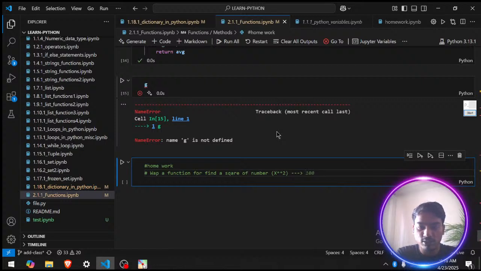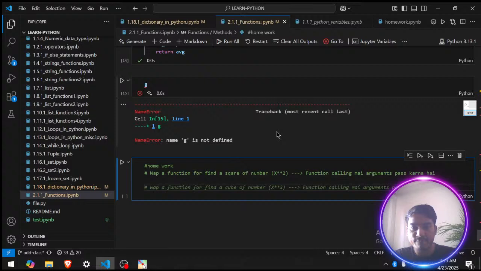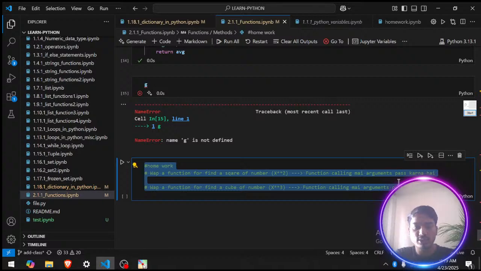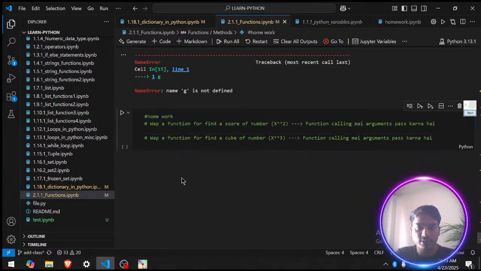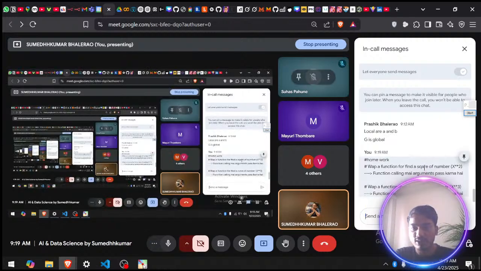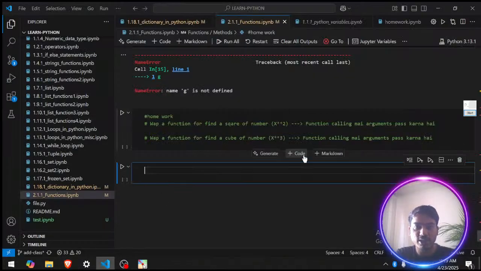तो इसमें ट्राई करना कि फंक्शन कॉलिंग में आर्ग्यूमेंट्स पास करना है, ठीक है, आर्ग्यूमेंट्स पास करना है। एंड एक क्यूब भी निकाल दो, ठीक है, क्यूब वाला ये ट्राई टू थिंक कि ये कैसे कर सकते हैं। तो दिस इज योर होमवर्क, लाइक ठीक है, लेवल अप कर रहा हूँ मैं गेम को, ठीक है, लेवल अप कर रहा हूँ कि स्टार्टिंग में क्या रहेगा कि आई विल डिफाइन अ फंक्शन,